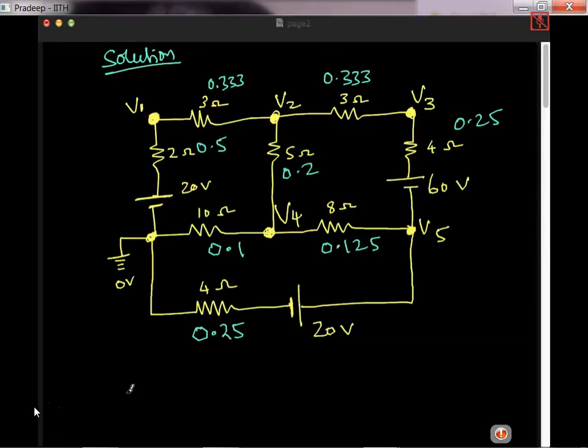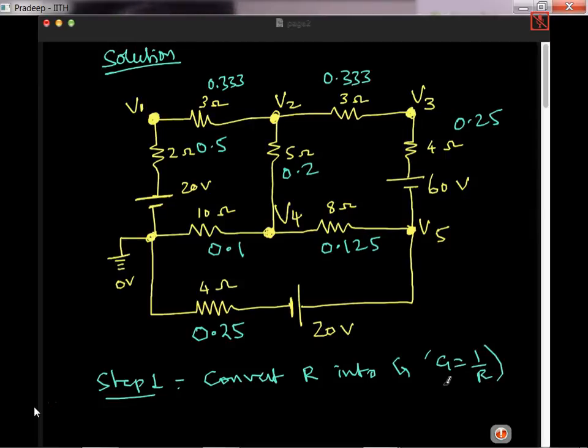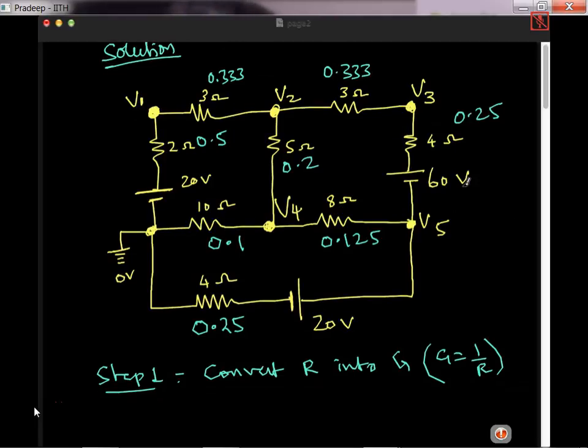So first, step 1, convert R into G or conductance, G equal to 1 by R. So any doubts up to here? So next step is step 2,